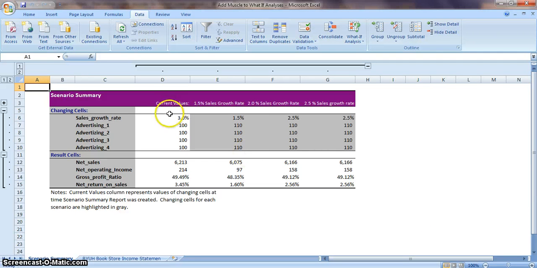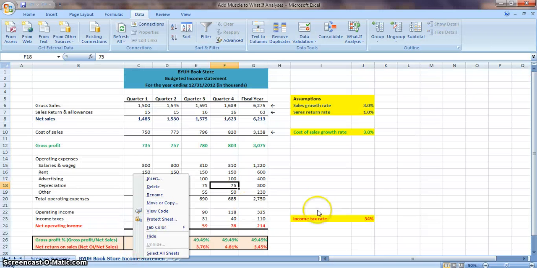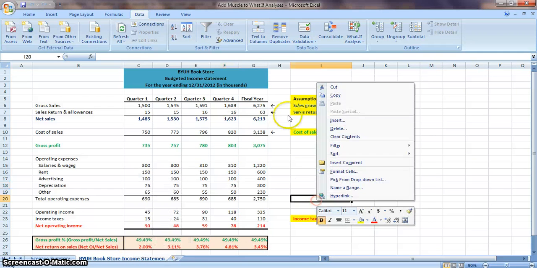All right, that's right. Now we have a big picture of the scenario part and result part for each scenario. This white part is the original values on the income statement, and we change the sales growth rate value from 3% to 1.5, 2.5, and 2.5%. We should make it 2%, so we can go back to there,